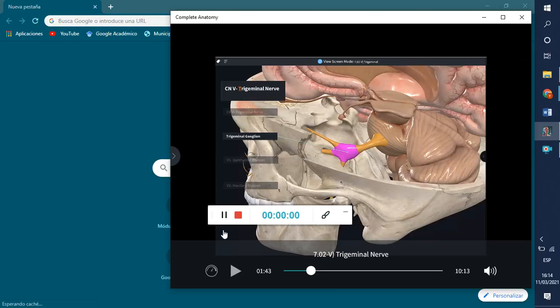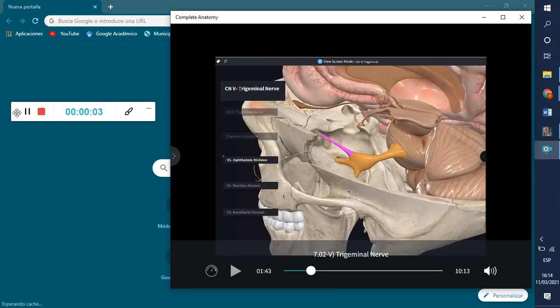into these three divisions. You have an ophthalmic division called V1, and the V actually stands for cranial nerve number 5, and that's the first division, so ophthalmic division. Then you have V2, the maxillary division, and V3, the mandibular division. These three divisions will pass through